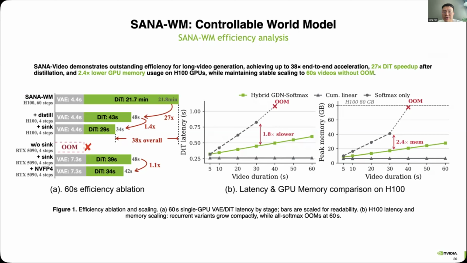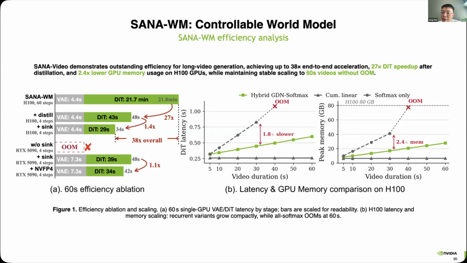So this is the analysis of Sana world model. Efficiency-wise, the Sana world model has two parts. The VAE part takes 4 seconds, and the DiT part is about 21 minutes. Well, we can reduce the time for DiT by distilling it to only 4 steps, which reduces it from 21 minutes to 43 seconds. And finally, we can apply the attention sink, which was first proposed in our streaming LLM paper,